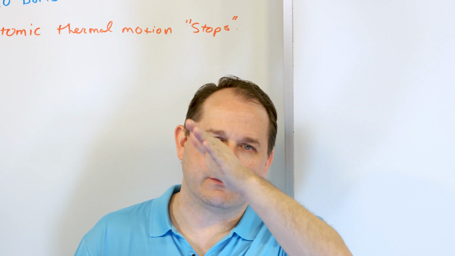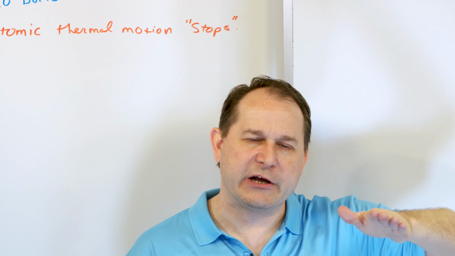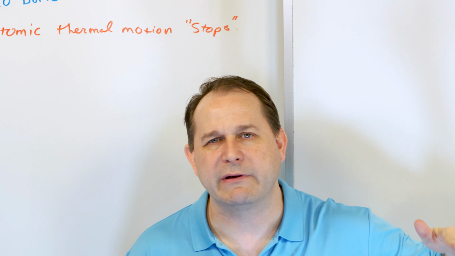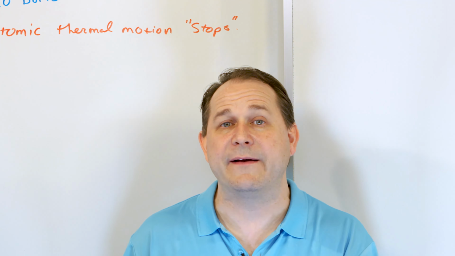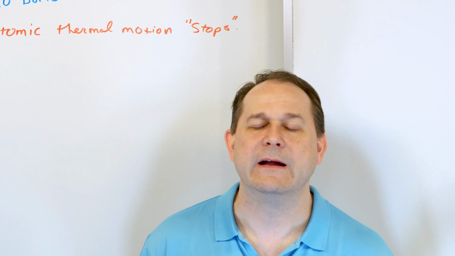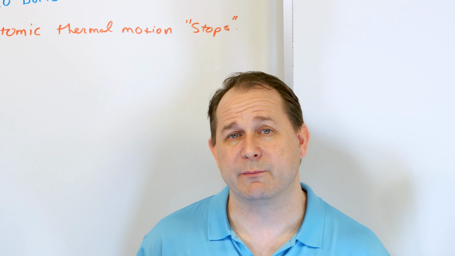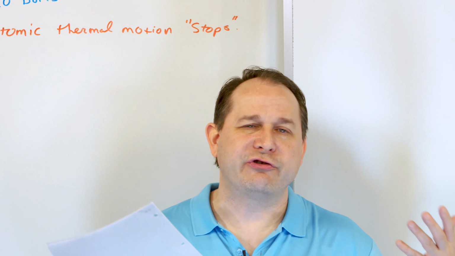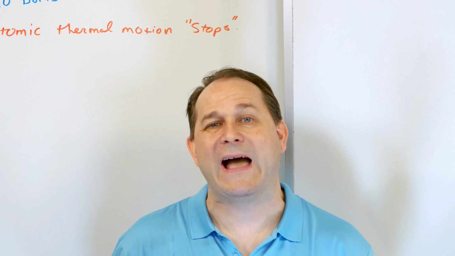So getting to 0 Kelvin is just like getting very, very close, but it never gets there. We can never get to 0 Kelvin because it's impossible to have something colder than 0 Kelvin to take the heat away to get to 0 Kelvin. That's reason number one. Reason number two is because when you start talking about thermal motion of atoms and molecules,